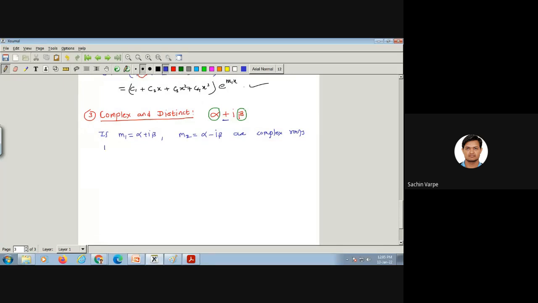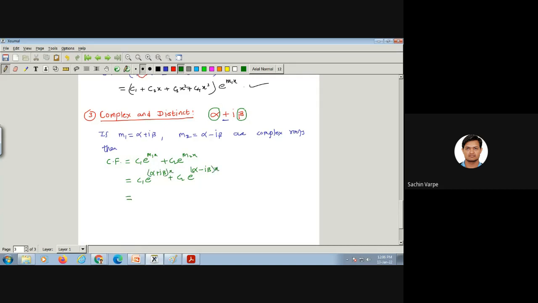CF is the complementary function. We all know that CF is equal to C1 e to the power m1x plus C2 e to the power m2x, right? So if we substitute the value of m1, what is m1? Alpha plus i beta. And what is m2? e raised to alpha minus i beta x,